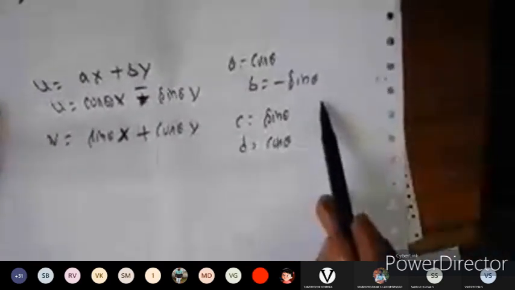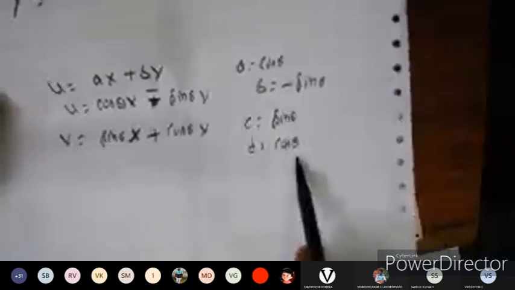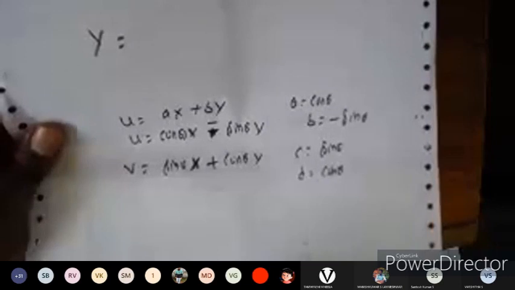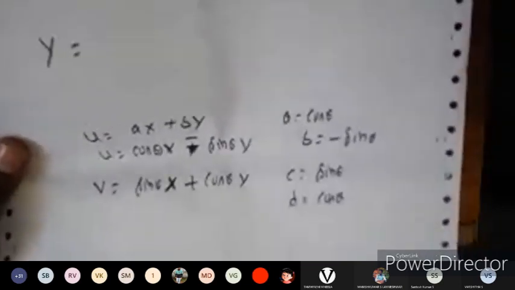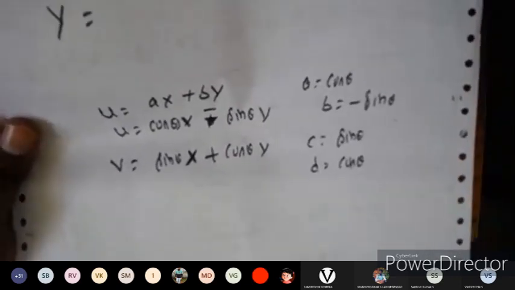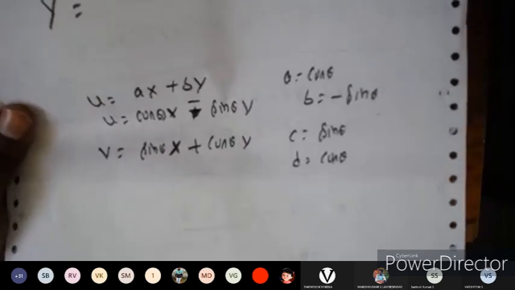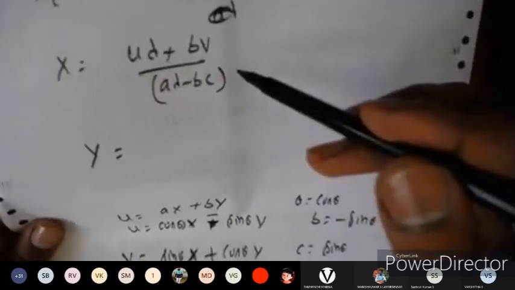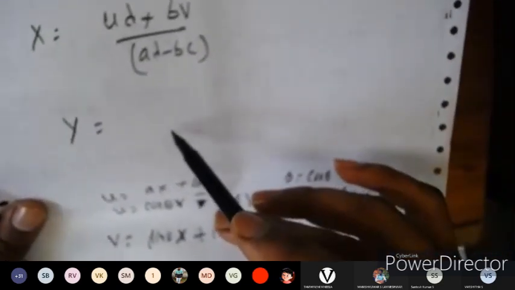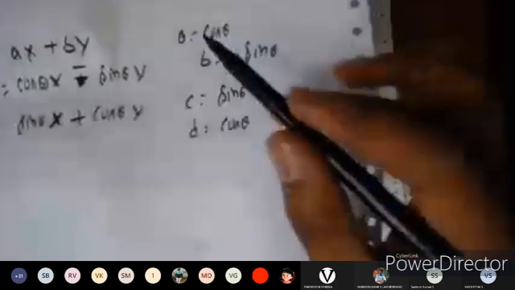Okay, so u is equal to ax plus by. Here I am going to substitute a as cos theta, b is equal to minus sin theta, and c is equal to sin theta and d is equal to cos theta. So if you do the substitution, we'll get the value for the x and y. For that x and y, let us find out the mean, and the variance and covariance. Okay, so can you do this one? We got the transformed random variable x here. Similar way you can do it for the y here. Okay, so in this one, let us substitute a is equal to the